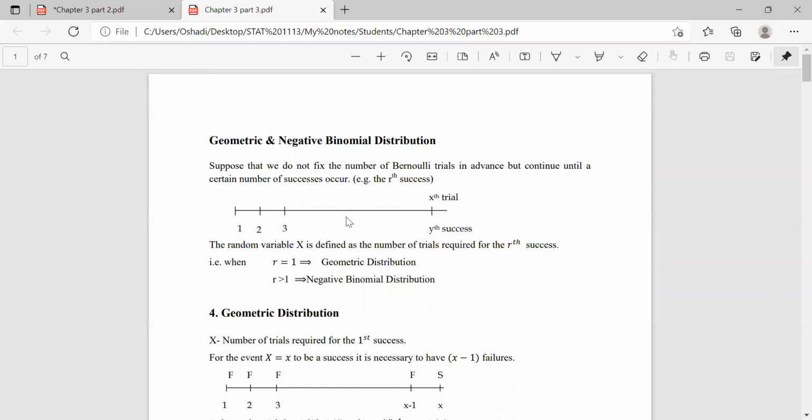So consider this line here. So this is the xth trial,